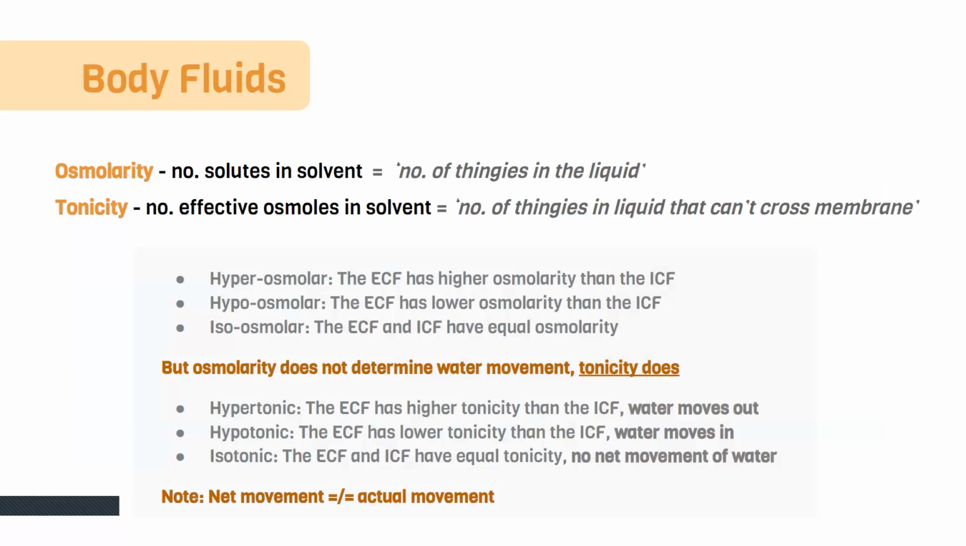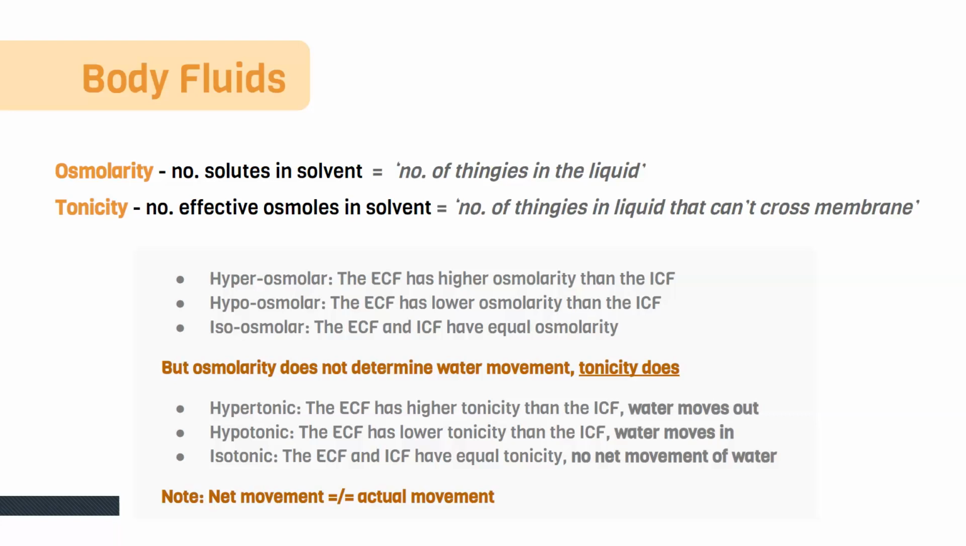So osmolarity is the number of total molecules within that solvent. So NaCl, for example, dissociates in water and forms a sodium ion and a chloride ion. So if I have 100 millimoles of NaCl being mixed into this amount of water, my osmolarity will be 200 milliosmoles. Why? Because I have 100 milliosmoles of sodium and 100 milliosmoles of chloride. Okay. Tonicity